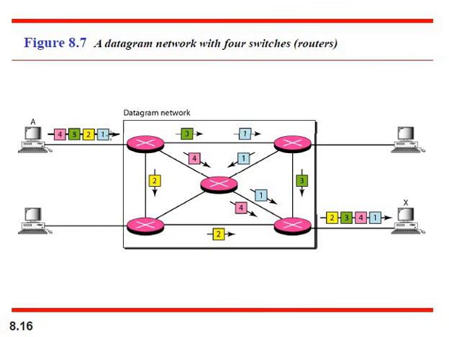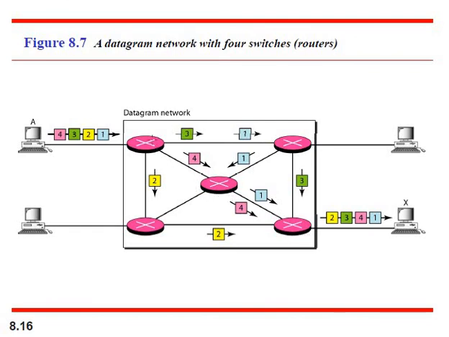Now for example, the first packet has left from here, so it will choose this path. The second packet will choose this path. For the time being, we will number the routers: router 1, router 2, router 3, router 4 and router 5. The first packet will go through routers 1, 2, 3, then 5. Packet number 2 will go 1, 4, 5. Packet 3 will go with 1, 2, directly 5. The fourth packet will go through 1, 3 and 5. This way the packets will be routed.